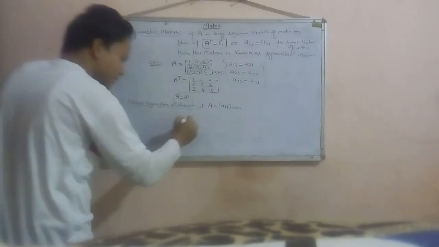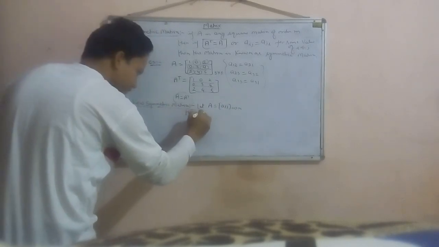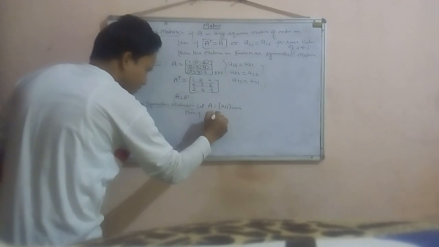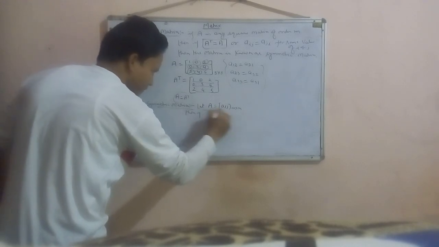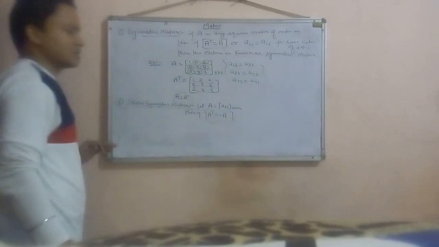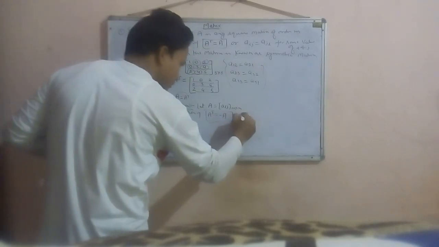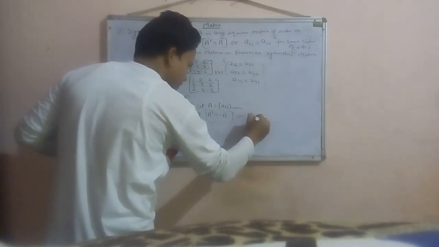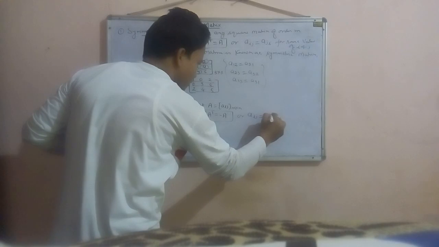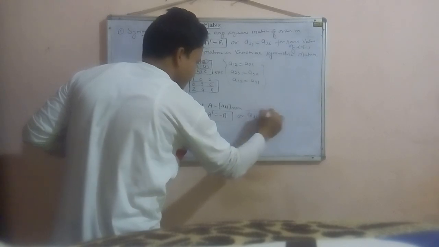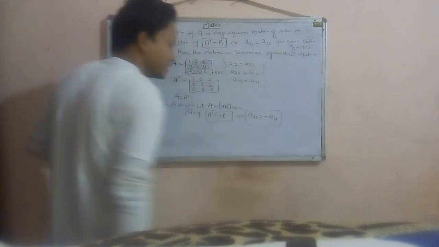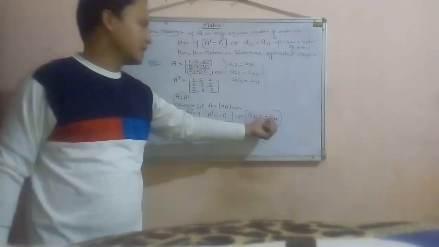Okay students. Then if A transpose is equal to minus A, or Aij must be equal to minus Aji,